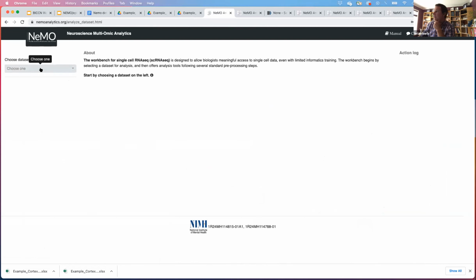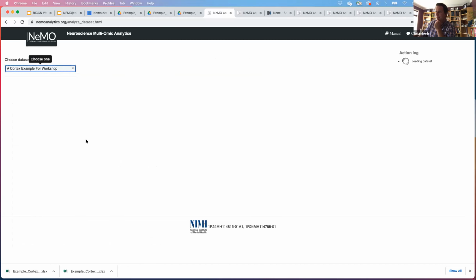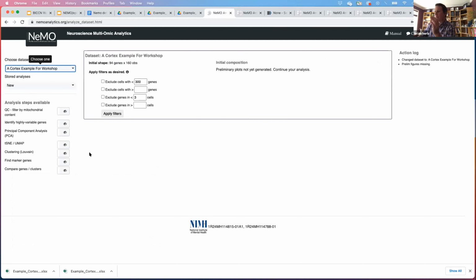And from here, your list should probably look a lot simpler than mine. So these are all the various data sets that we're working on under the curator data set. And you should see right at the top, hopefully, that same data set that you just uploaded, the Cortex example for workshop. But this is also a nice way of, if you wanted to get into any of those other data sets on the system, you can go back and reanalyze it.